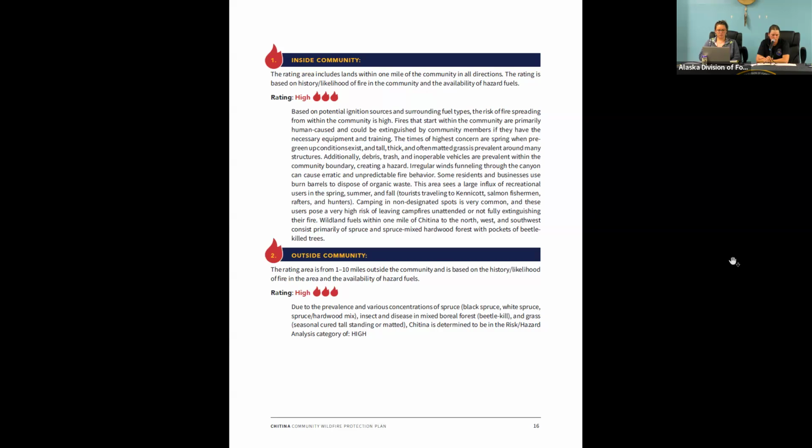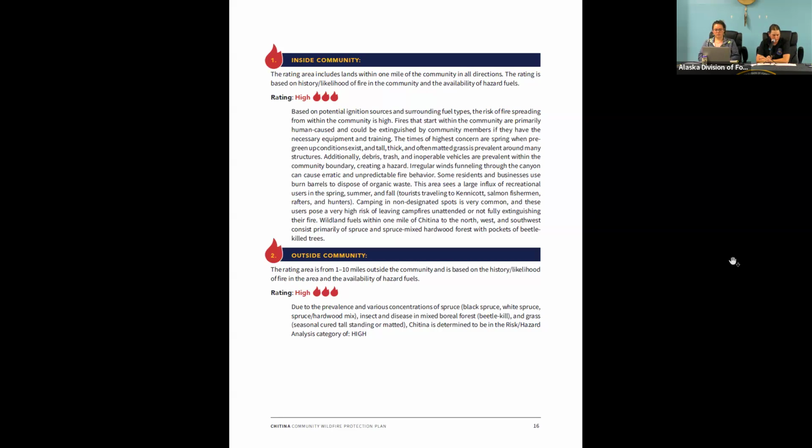Okay, we'll move on to number 2, which is the analysis of the fuels 1 to 10 miles outside of the community. This also received a rating of high. Again, the majority of the fuel surrounding the area consists of a spruce, a black spruce, white spruce, or the spruce hardwood mix forest intersected with some beetle kill trees.